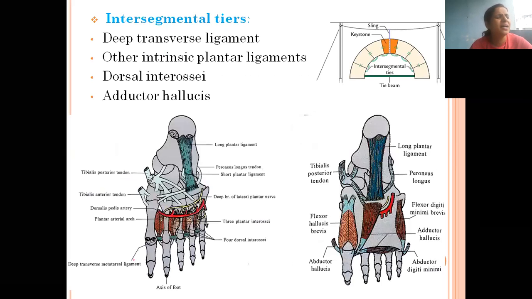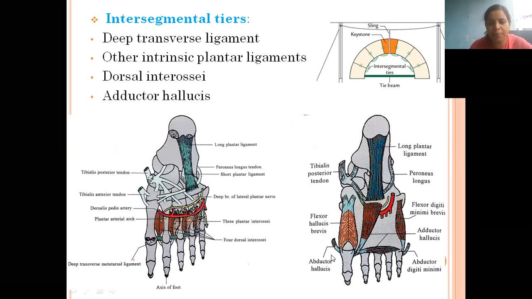Basically, transverse arches are not so important. Try to focus more on the medial longitudinal arch and the lateral longitudinal arch. In many books it is given in the form of a table. Once you understand the lecture, you can automatically just read from the tables. It's quite easy. Here also, among the transverse arches, we have intersegmental ties